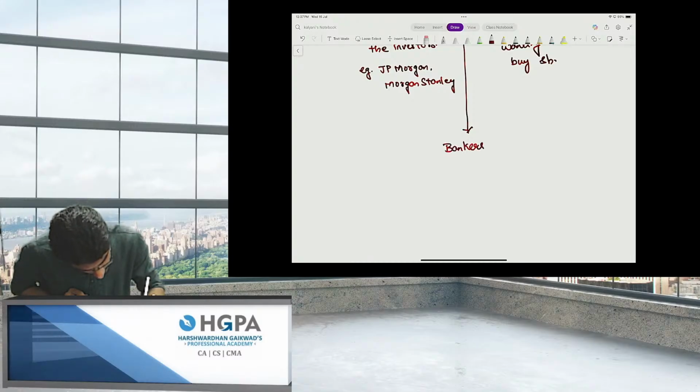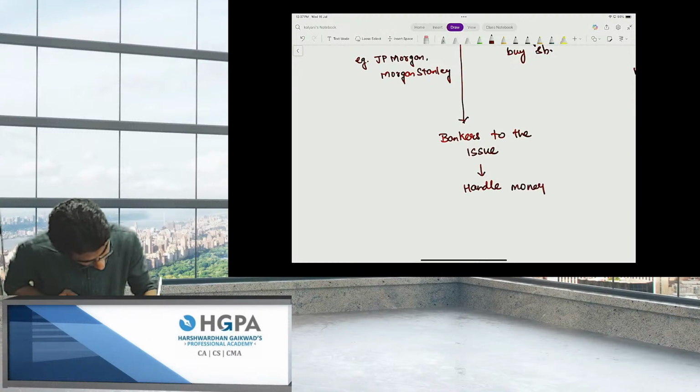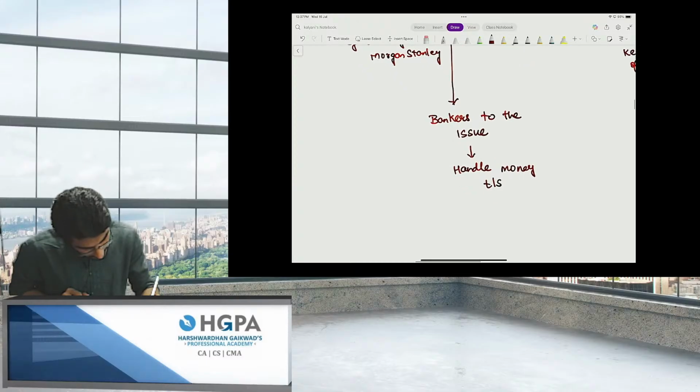Bankers to the issue. Their job, people, is to handle all the money related transactions. They are responsible for